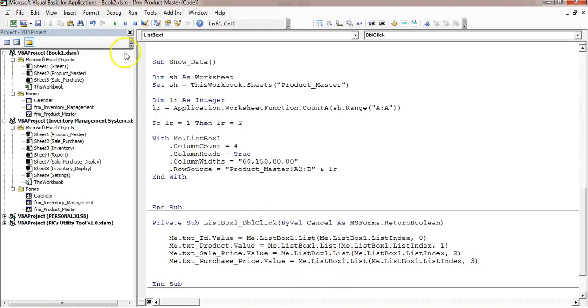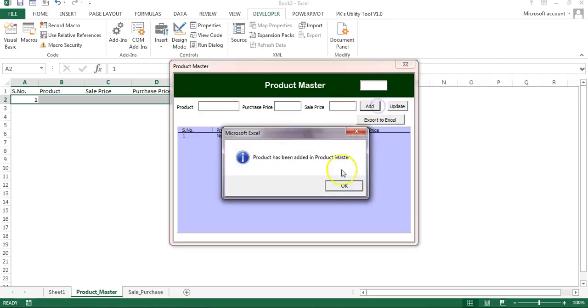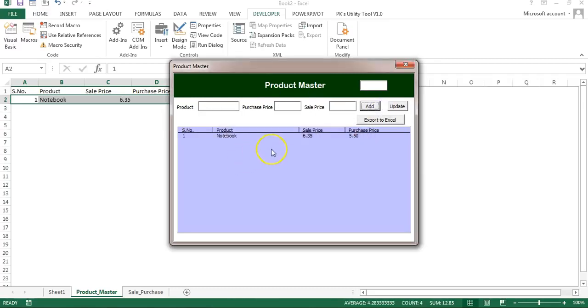Alright, so let's run this and let's add some product first. So let me add notebook, let's say, and just click on add button. So one product is available here. If I double click, then you can see all the price has been filled automatically and the ID also